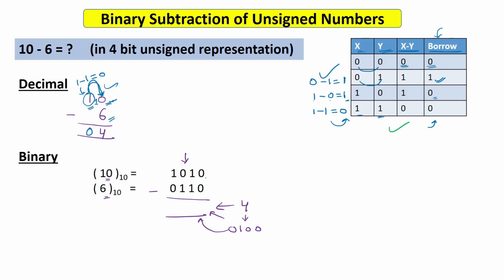Let's see how. You can see we are subtracting 0, 0. So 0 minus 0 is 0, and there is a borrow of 0. So you are not taking anything from this 1. Now 1 minus 1 will simply be 0. And this borrow 0 means you're not taking anything from this 0 to this 1. Now this 0 minus 1: you cannot actually subtract 1 from this 0. So what you have to do is take a borrow from this 1 here. Borrow means you will take 1 and this will become 1 0.